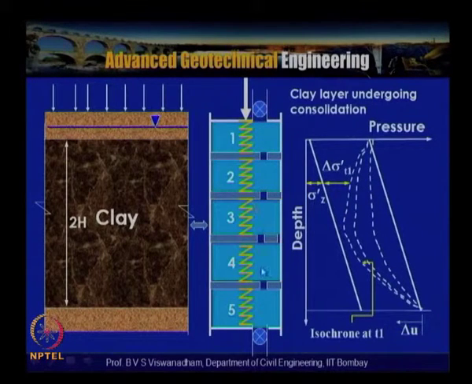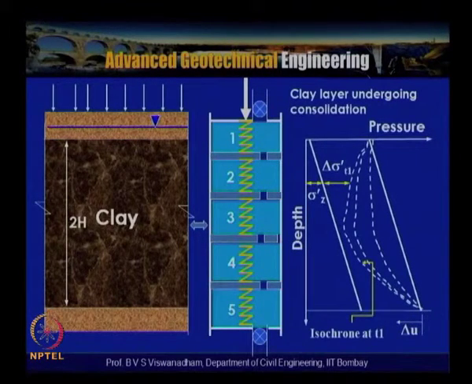So if these walls are opened simultaneously, simulating the double open layer, double drainage condition, then first springs 1 and 5 will undergo compression, then subsequently springs 2 and 4, and finally the last spring to undergo compression is 3. That means that the springs which are close to the wall attract the effective stress very rapidly,